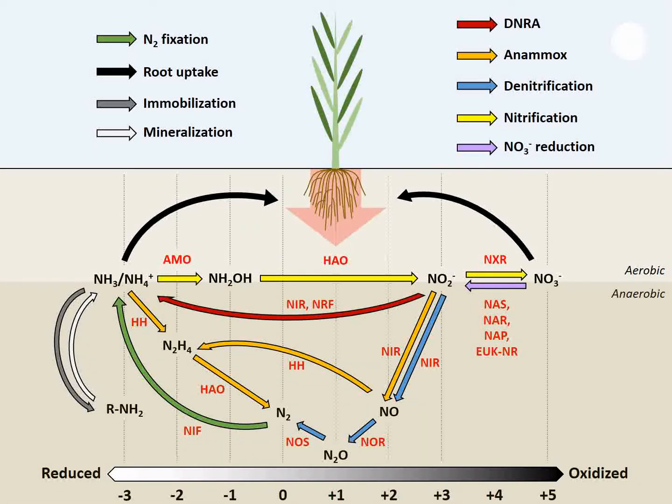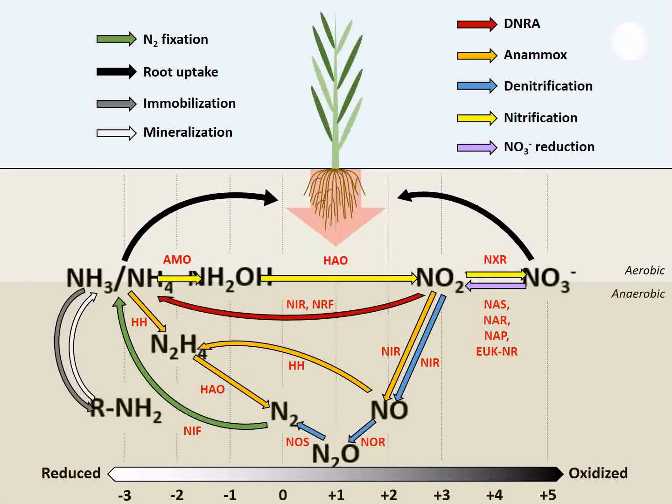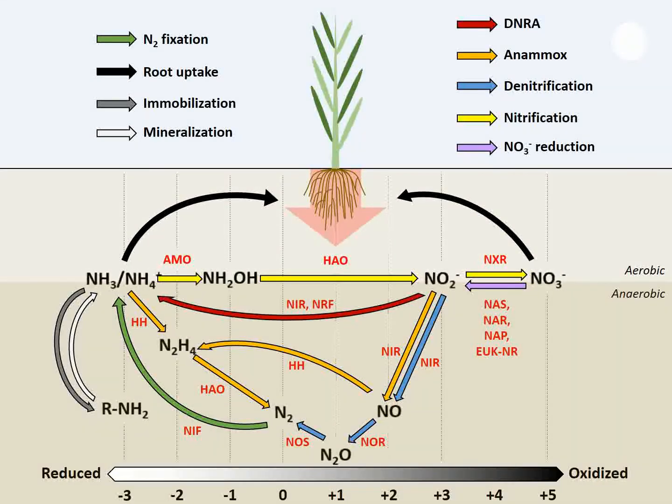Larger than all combined natural sources of fixed N are the anthropogenic additions, which derive from the industrial production of N fertilizers via the Haber-Bosch process, the large-scale cultivation of N2-fixing crops, and the combustion of fossil fuels. In other words, the activities of modern humans have more than doubled the global N cycle. However, while anthropogenic N fixation is responsible for feeding half the world's people, it has also resulted in serious environmental